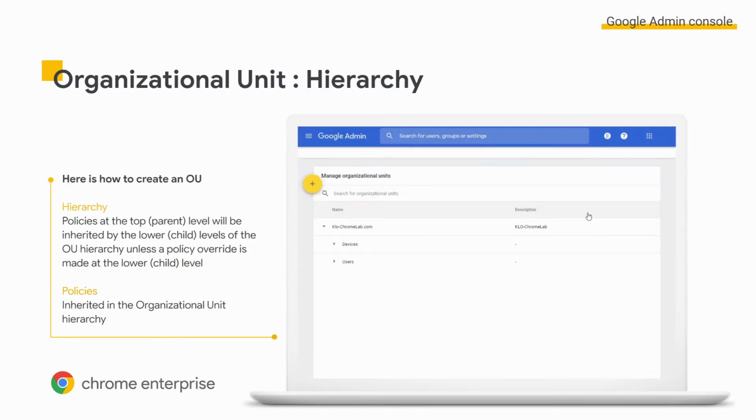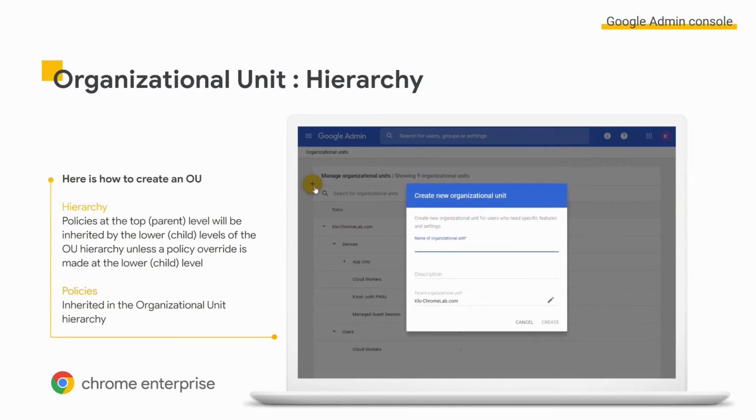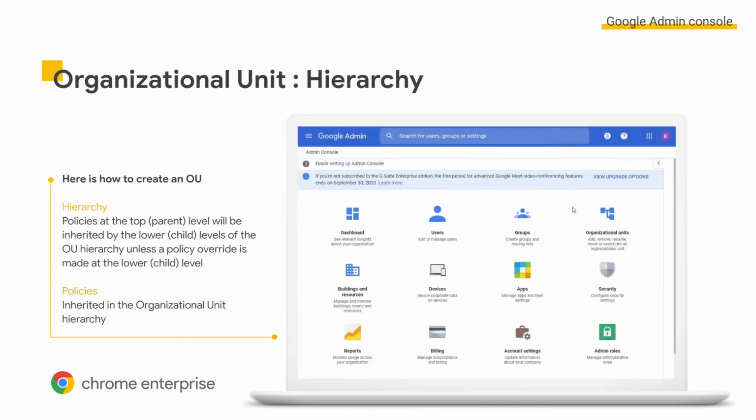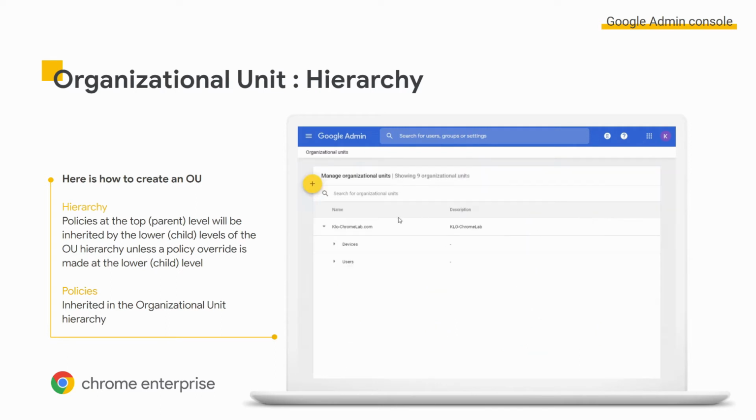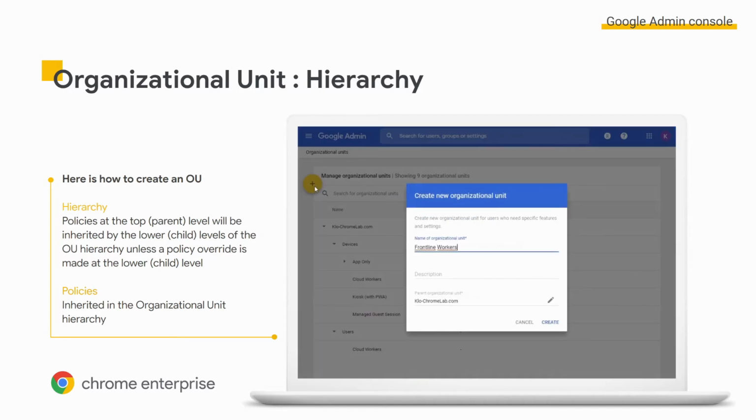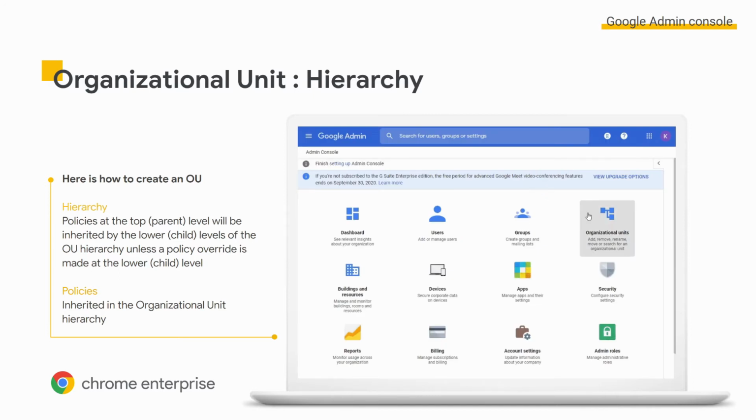More details about OU and policy behavior. A policy is inherited across your organizational unit hierarchy. In other words, you can apply a policy to the OU that you have targeted. However, keep in mind that a sub-organizational unit will inherit policies from the parent OU. This means that any change to the parent OU will be immediately applied to all sub-organizational units.